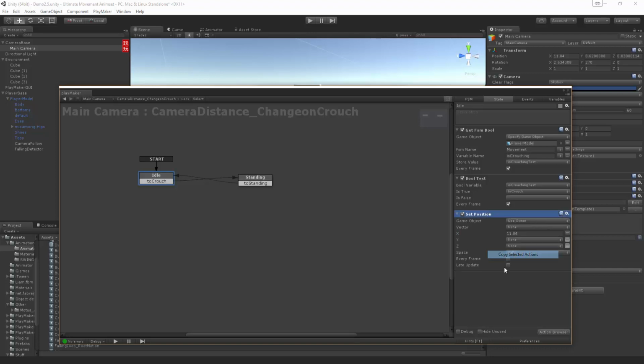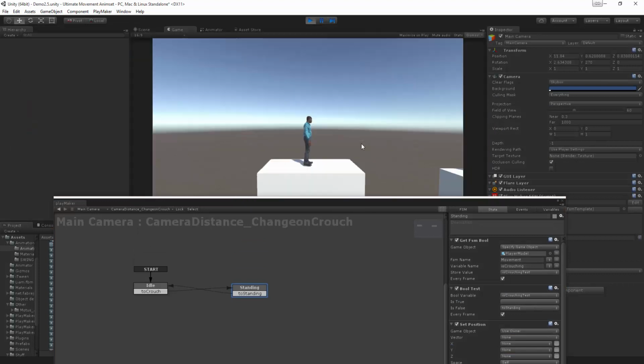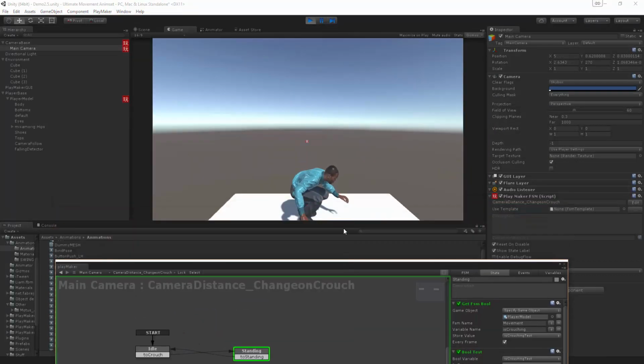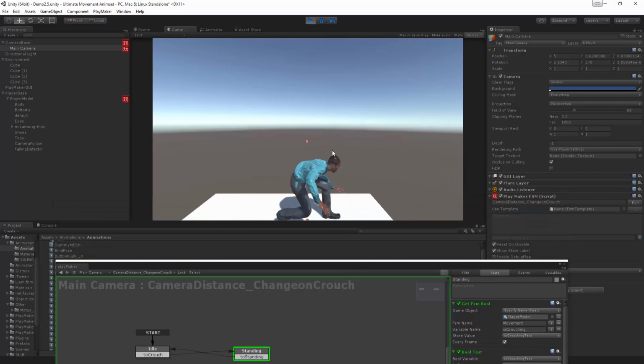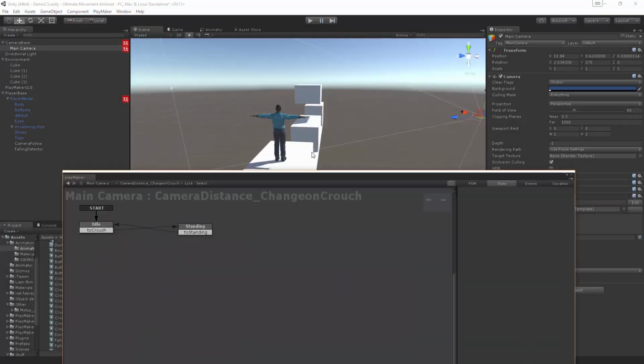So let's set this to there, and let's just reduce it. Let's make it 5. So now when we press play and we press crouch, the camera instantly shoots into this position, which isn't ideal, kind of jars. So what we really want to do is